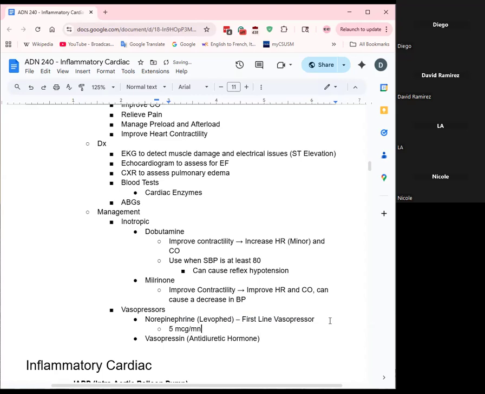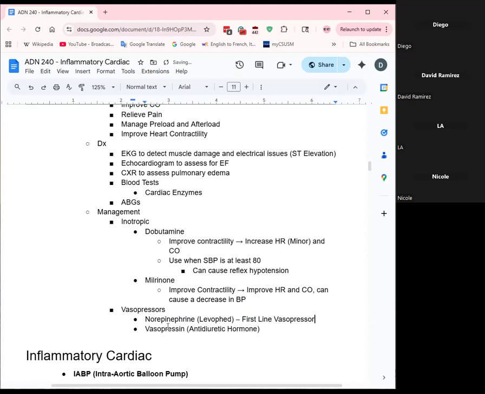I don't remember if that's per hour or per minute, the rate, but it starts at 5 mics and then you increase or decrease by 2. If they hit above 10, then they can add in vasopressin automatically, so antidiuretic hormone, as part of your